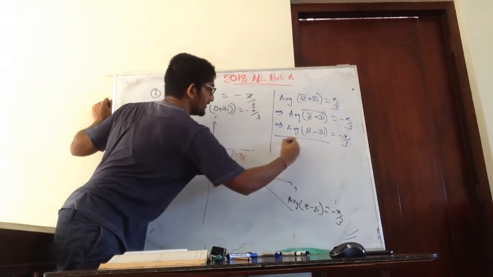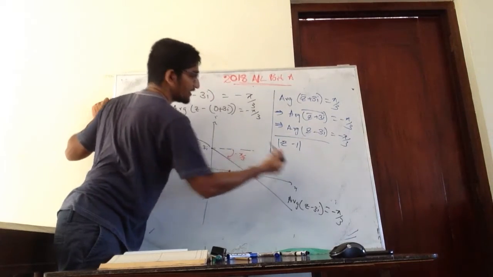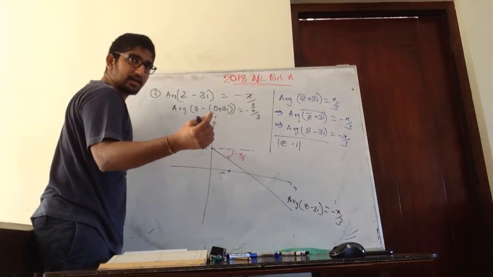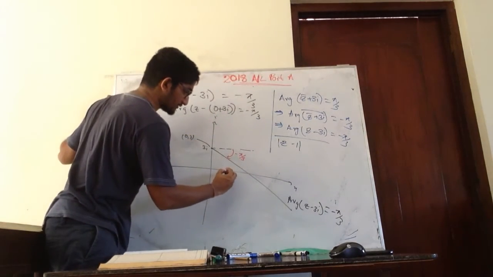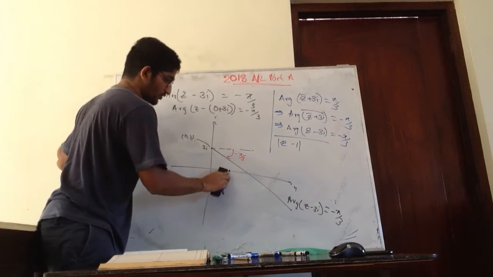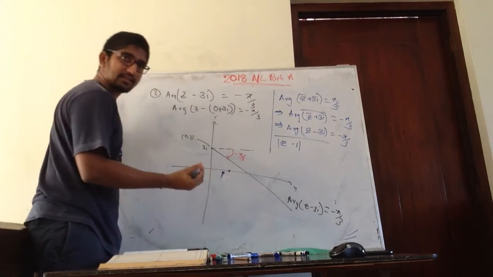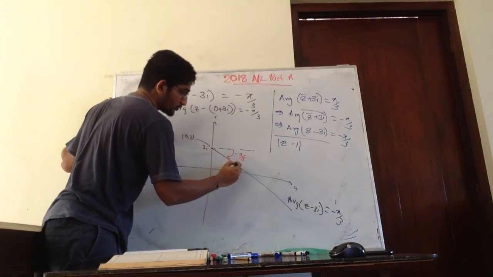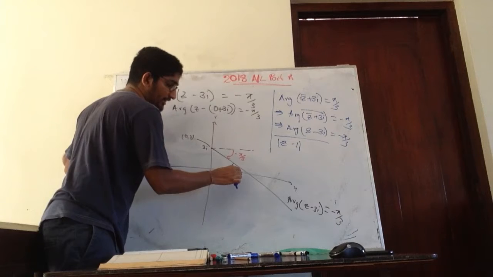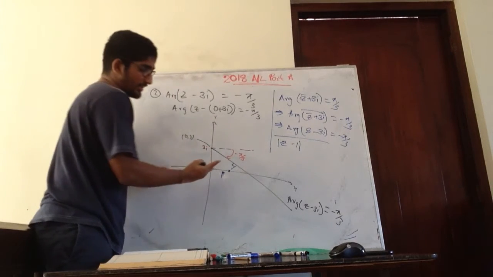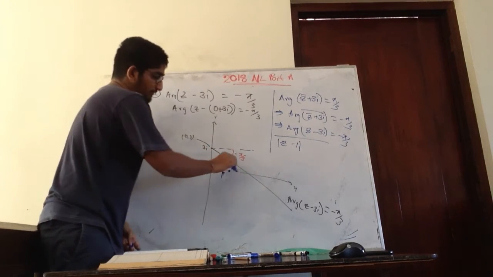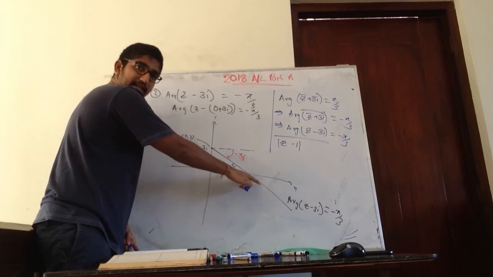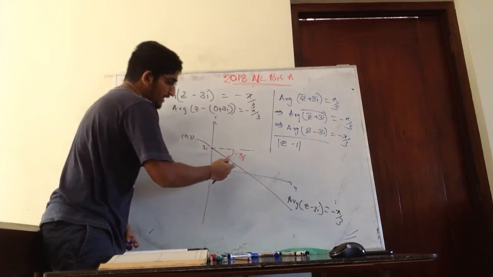and the next part they are saying is z minus 1, the minimum value, no? So this is z minus 1, no? So it starts from here, no? So what they are basically asking is the minimum value between these two. So that is when this is perpendicular, no? If this is not perpendicular at any other point that this meets, it will be greater than that value. So the minimum value is this.